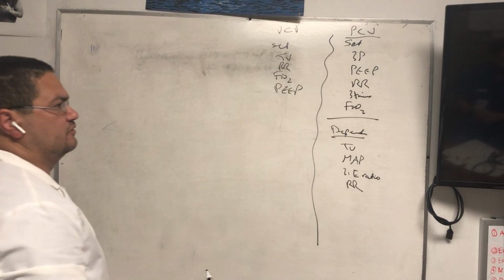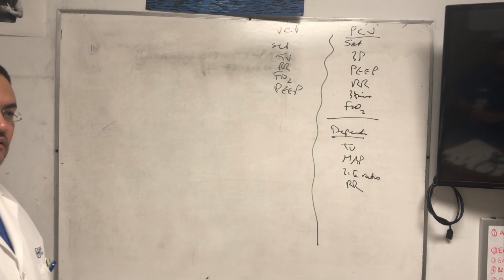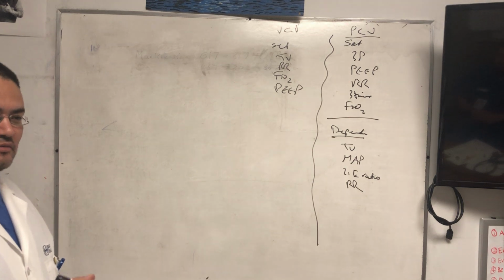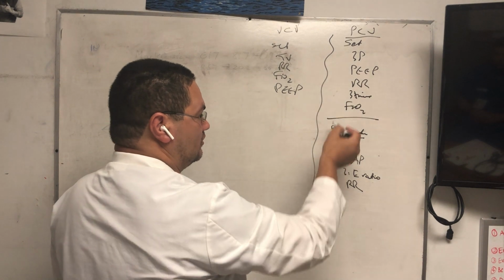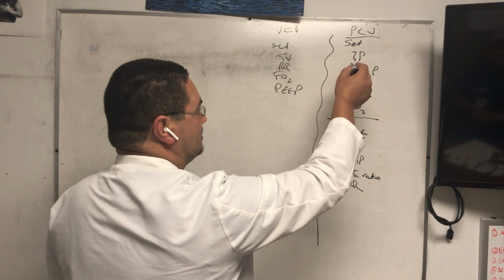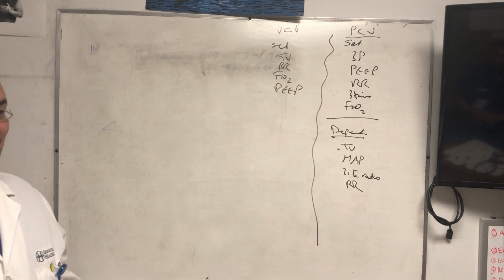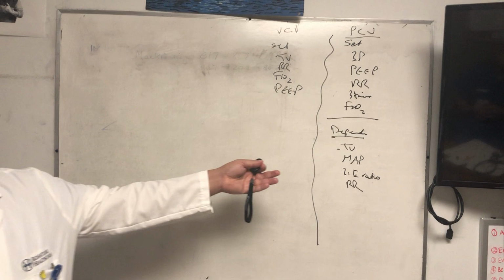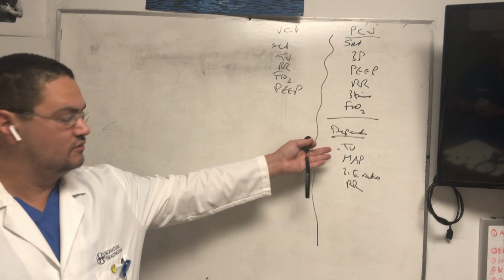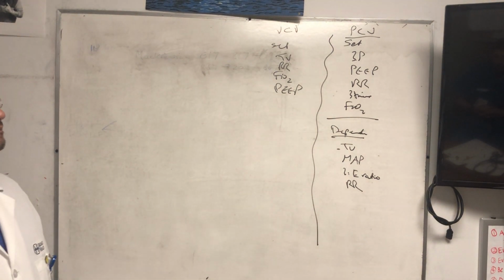So, some myths of pressure control. People just don't understand pressure control very well. For example, somebody comes and tells me, I have a patient on pressure control, the settings are tidal volume so-and-so, respiratory rate so-and-so. Did I mention tidal volume as a set parameter? No. If this is the first thing you're telling me, that means you know nothing about pressure control, right? You tell me the set parameters, and if you want to say the tidal volume, you say that it results in a tidal volume of such and such, and maybe a mean airway pressure of such and such. That's number one.